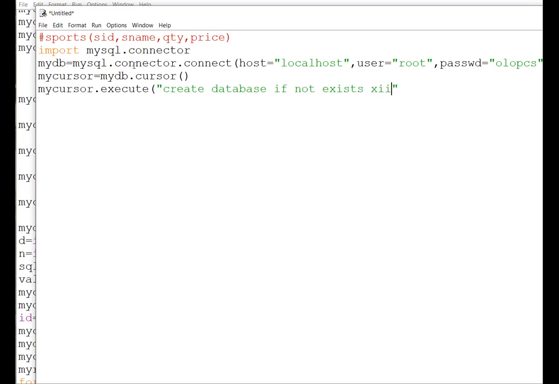Now I'm going to write the same name. Okay, it is 12CS. So it is not going to create the database, fine. But when you will be making the project, that time you have to create it like this. Then we are going to use that.